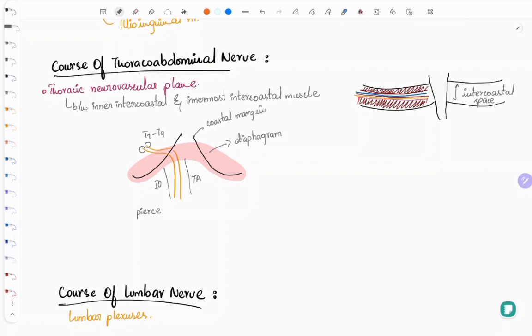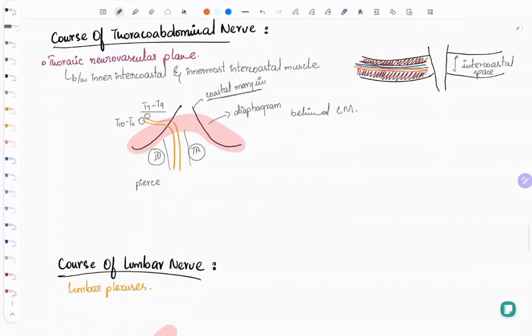Whereas T10 to T11 extend above the costal margin and pierce the diaphragm, extending into the internal oblique and transverse